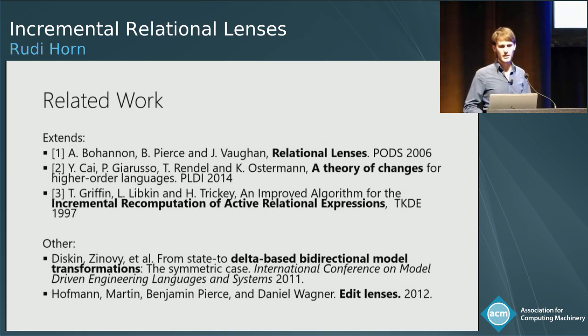And finally, as I said, we used a bunch of optimizations like Griffin et al. And there's some relations to the delta lenses and edit lenses paper. So they tend to consider how updates translate in the notion of lenses, whereas we sort of try to incrementalize a state-based approach. And it would be nice to sort of see how those two fit together more closely, but we haven't done